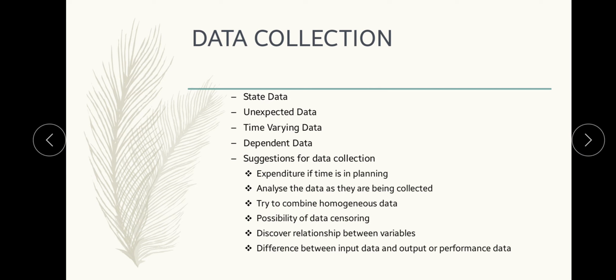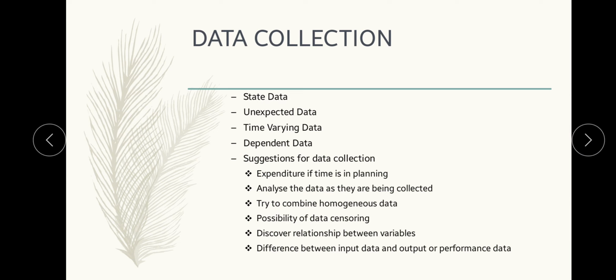So we can have different categories of data, and there are a few suggestions given during the collection of data, because data collection is very much important and needed for the input modeling. The first suggestion is that a useful expenditure of time is in planning. So a proper planning has to be done for collecting the data. Try to collect the data while pre-observing. Devise forms for this purpose. It is very likely that these forms will have to be modified several times before the actual data collection is done. So please have proper planning for collecting the data.